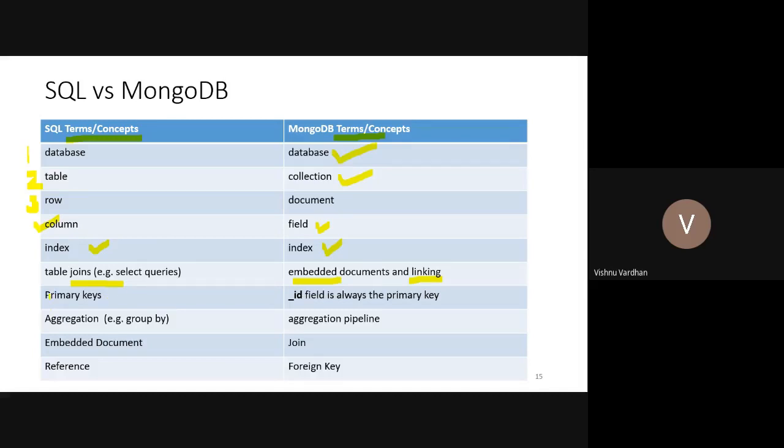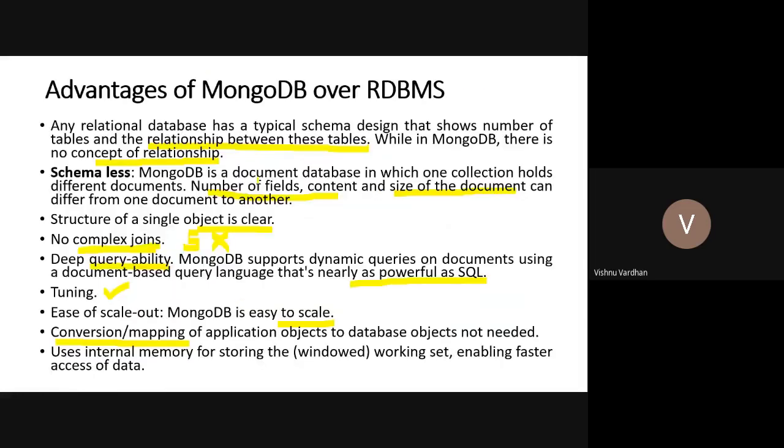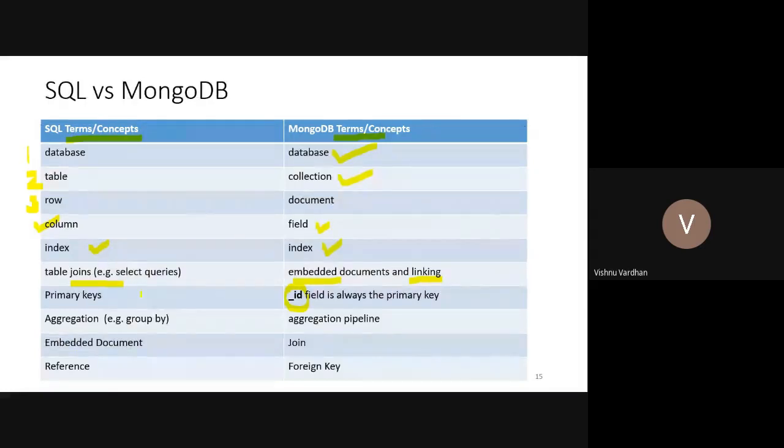Then primary keys. In MongoDB there is a unique ID called underscore ID. This underscore ID is nothing but your primary key, and it is created by default by MongoDB whenever you insert an object into the database. So that's why we have primary keys. Then aggregation. The aggregation is grouped by